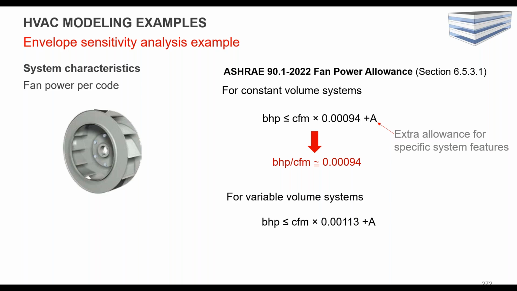So there's 2 options for doing this based on brake horsepower or just general horsepower. I tend to defer to using the brake because that's the actual shaft power that's being consumed. You'll find a lot of manufacturers will actually be reporting brake horsepower as well. But there are, again, formulas here that will allow you to calculate the total fan power based on the CFM of your system.